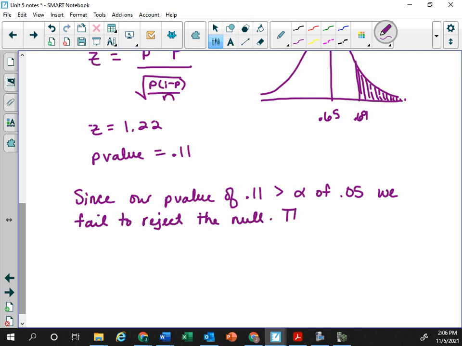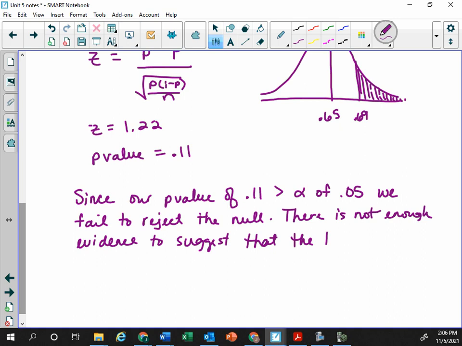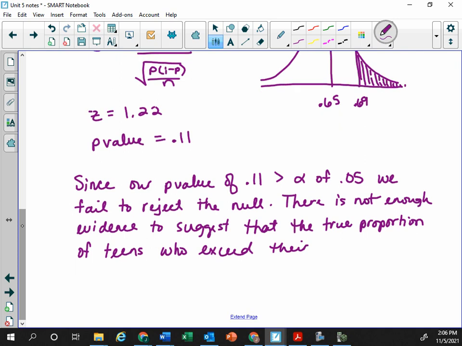There is not enough evidence to suggest that the true proportion of teams who exceed their allotted